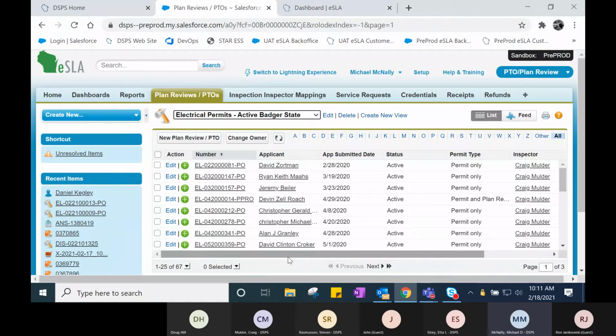It's done by design. Let me briefly explain the reasons why. So the eSLA system, we are trying to turn the system into all of our applications by the department. This includes credentials, complaint investigations, commercial building plan reviews, POUTS reviews, plumbing reviews. There's a whole host of applications that the department or programs the department enforces. So the system, once we go live into production, and once you guys get access to production, you're going to, in essence,